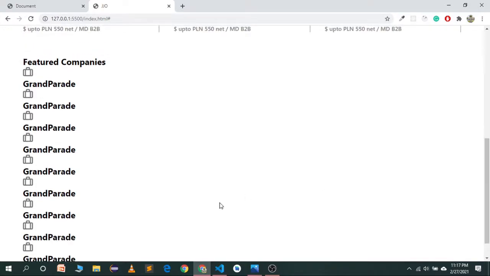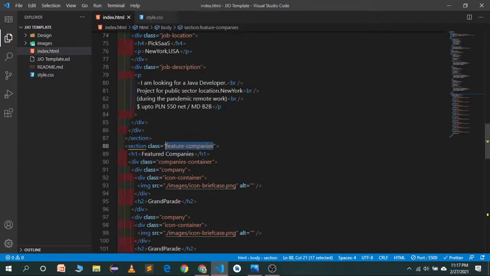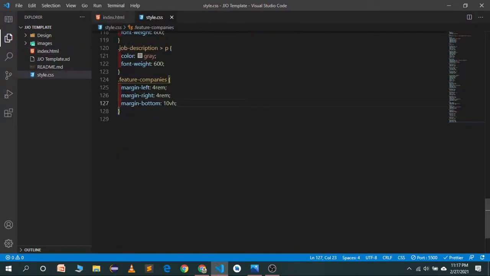So what we'll do is, we'll copy the company's container, go to the code editor.